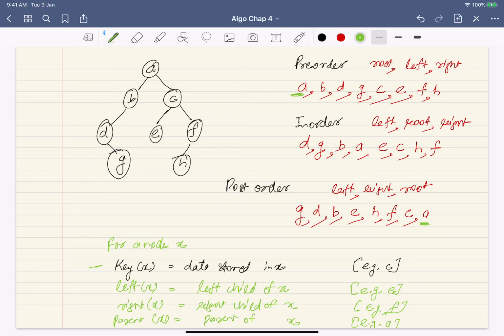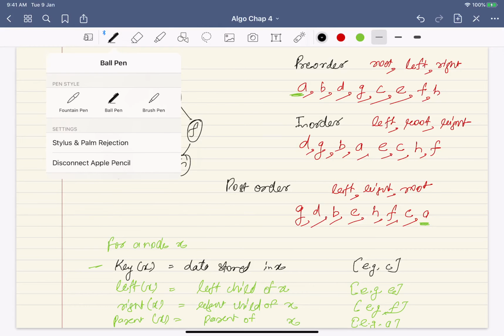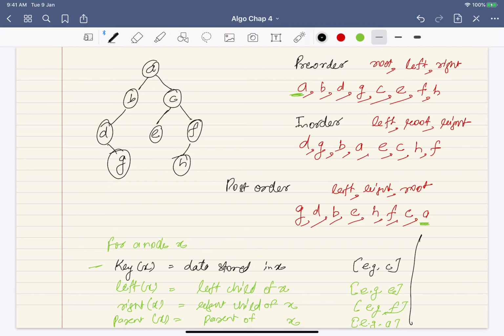Okay, and except from the value, for all other cases you will need a pointer to reach. Okay, but here you will need the actual value. And yeah, it may happen that the node x does not even exist, so you will say it is equal to nil if it doesn't exist. Otherwise you need all this.